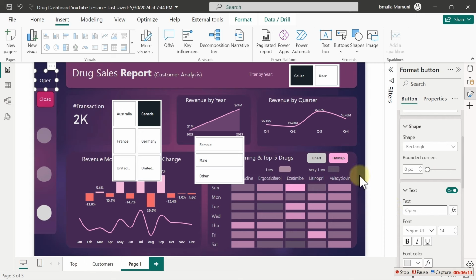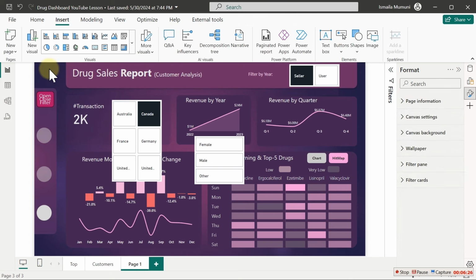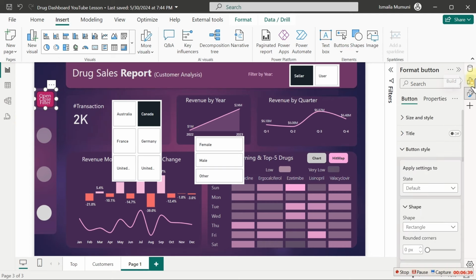So nobody can tell what open means here. What if I actually type in here open filter? Okay, I'll put it on top of this one here. This is where it is going to be. So this time around, it's not making any sense yet, but don't worry, it will definitely make sense. So the next thing I'm going to do right now is to select both of them and